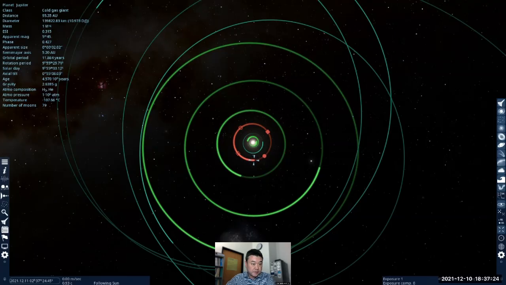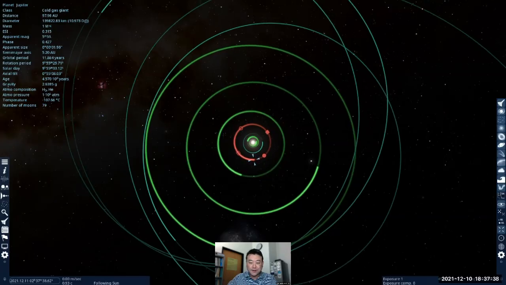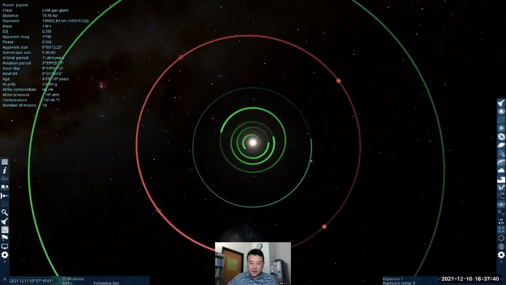And Jupiter, the distance is being... Oh wait, that's distance from me, not the sun. So that might not mean anything. So that's Jupiter, and all the inner four planets, they're in this tiny circle here. So if I want you to actually see where they are, I really need to zoom in so that you